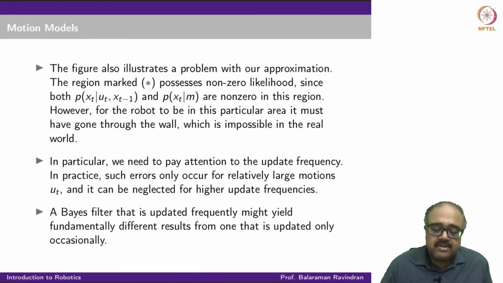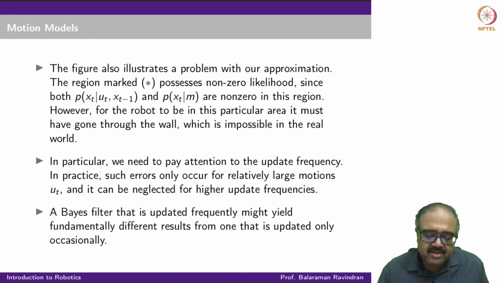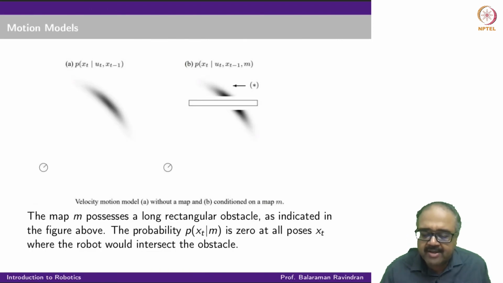So this is what we are basically saying here. In the real world that is not possible. If our updates are small, if I'm updating very frequently, then this kind of situation is going to occur very rarely in practice, because as soon as I move a little bit, I can never find myself on the other side of the obstacle. I'll find myself in a state where I'm actually hitting the obstacle, therefore I'll not move, and I'll have to look at a different way of completing the motion. It's only because I'm looking at a larger translation here that I'm actually having these kinds of